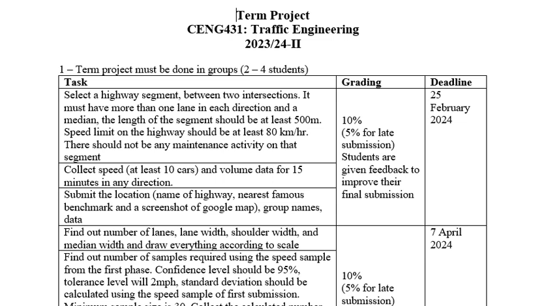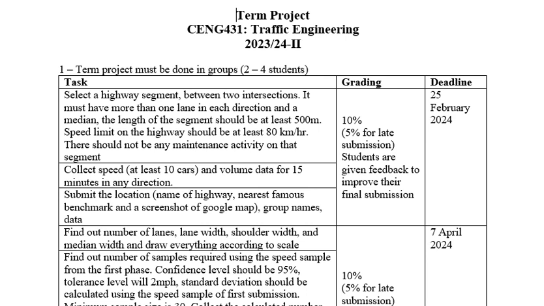Okay, if there are any mistakes, I will tell you the mistakes and you will correct all your mistakes for the final submission. Okay, now first thing you will do is select a highway segment on which you can do your project. You cannot select any highway segment. There are some conditions. The first condition is that the segment should be at least 500 meters long. Segment means the part of the road which doesn't have any intersections or any ramp. Okay, so that is a segment.